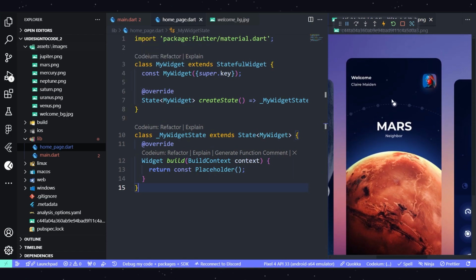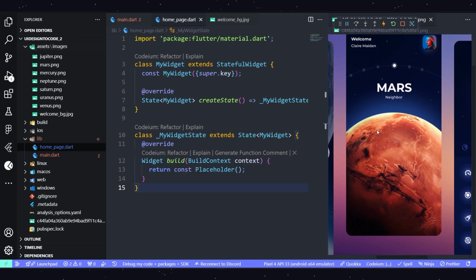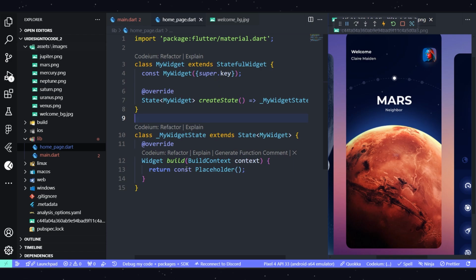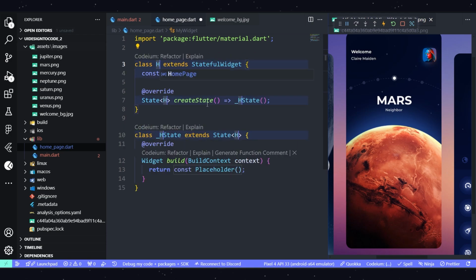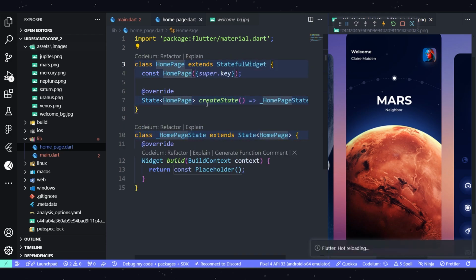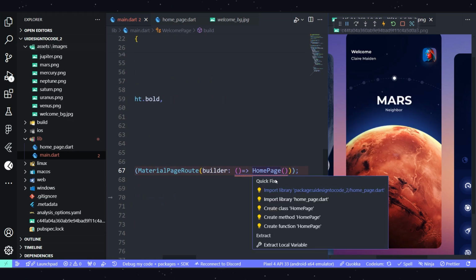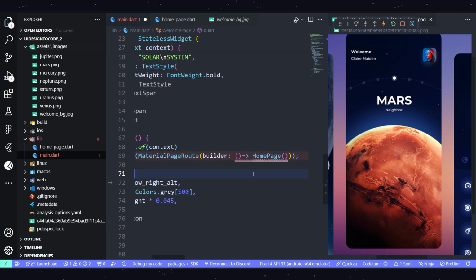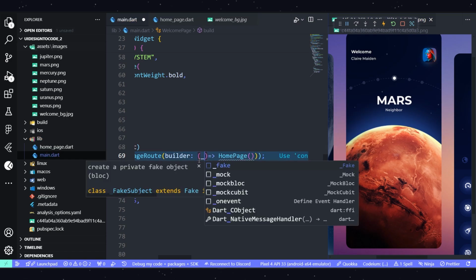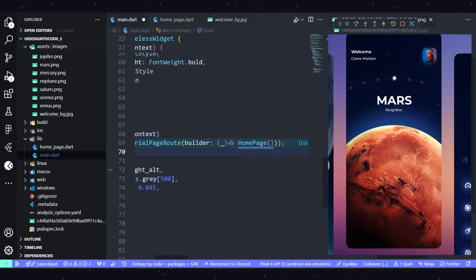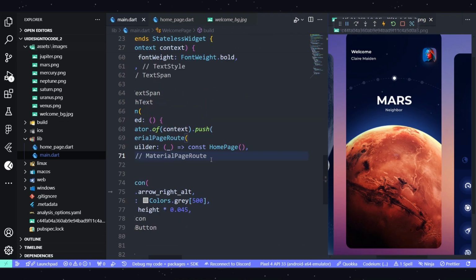But I think it's gonna be stateful because we have pagination over here, we have slides, we have pictures, yeah, maybe not, maybe yes, I don't know. So we have the stateful, let's change its name, HomePage. Now we have the widget, so let's just come over here, and HomePage needs to be imported. Okay, we have an error over here, we had to pass the context, and you can give it any name. I'm just gonna use an underscore,